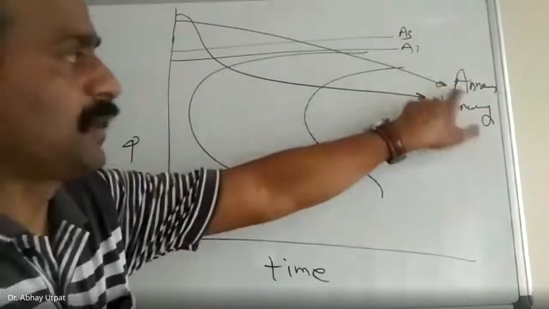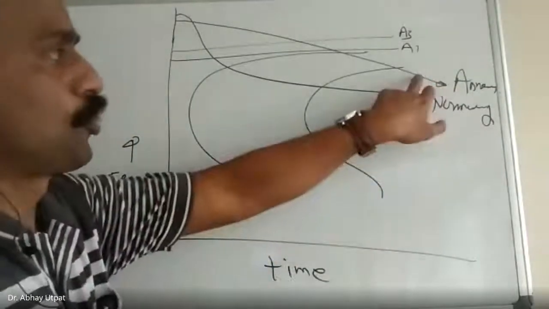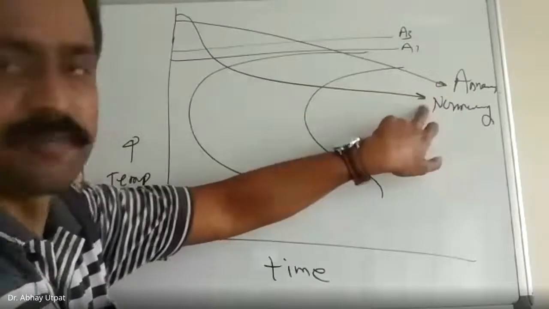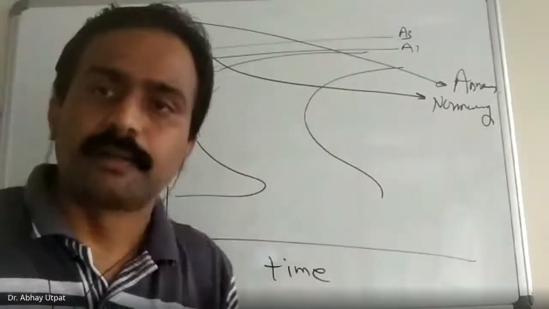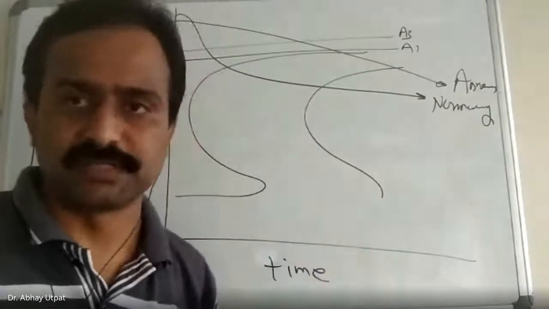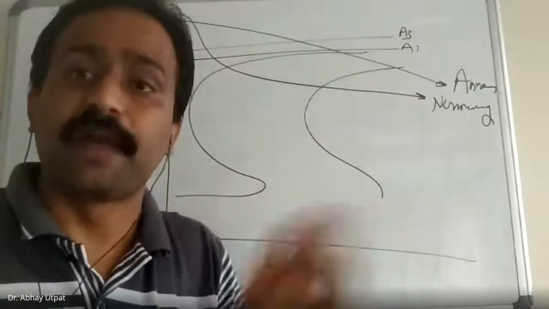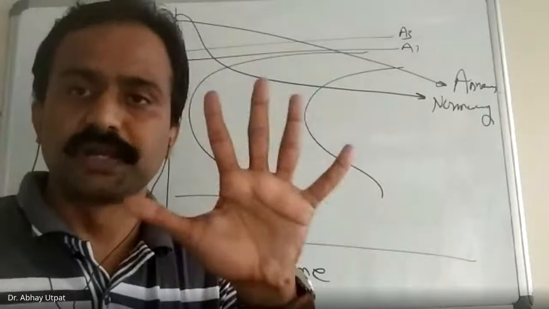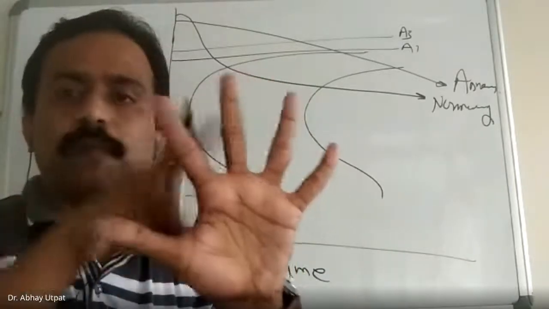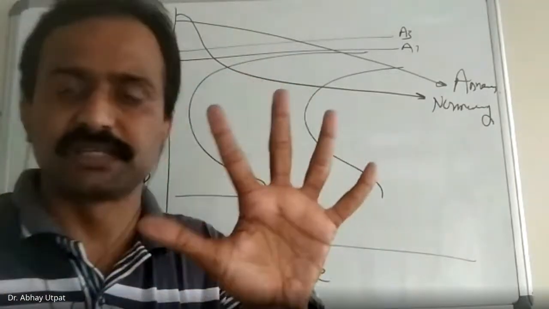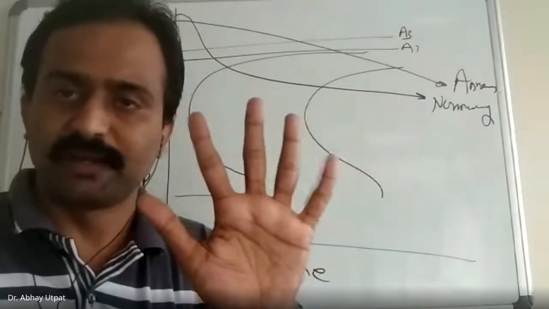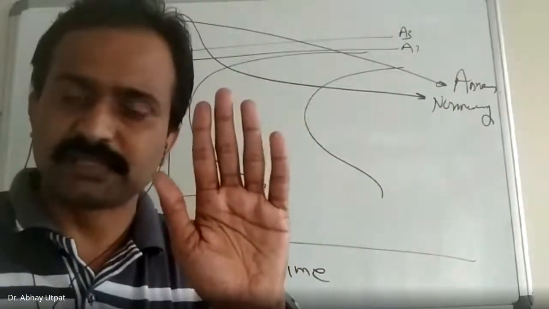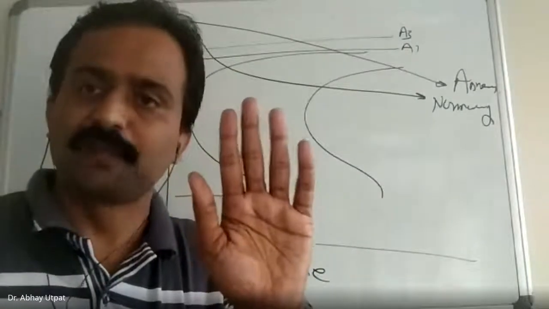Both are forming perlite. This is coarse perlite and this is fine perlite. Remember, the finer the perlite, the better the mechanical properties. So how to decide fine and coarse? See these fingers. This gap is alpha. Fingers are Fe3C. If this gap is more, this is coarse perlite. And if this gap is less, this is fine perlite.